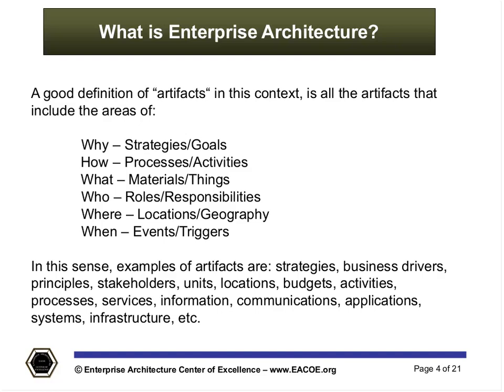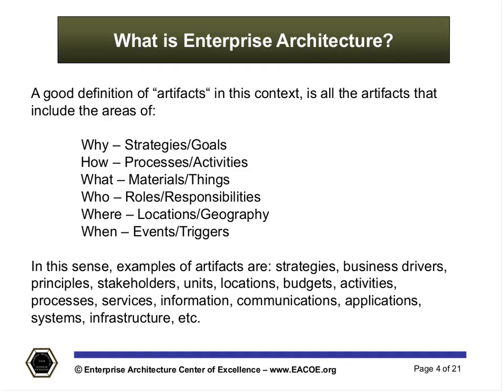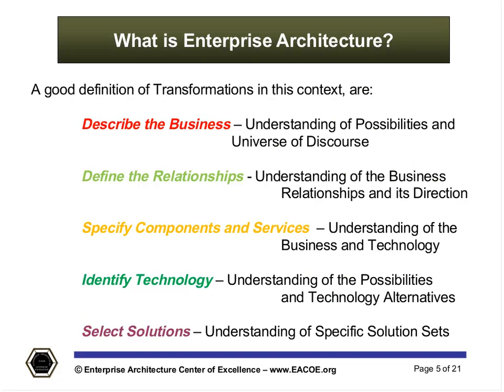Enterprise agility does not come through handcrafting programs. It just can't. It has to come from other things, and it has to do with understanding the events in the organization that's there. These things are called interrogatives. The other thing we have to understand is the constituencies and what's referred to as the transformations. And the transformations we're talking about here are stratified into 5 segments: understanding the business, understanding the relationships, specifying the components and services, identifying the technology, and selecting the solutions that are there.